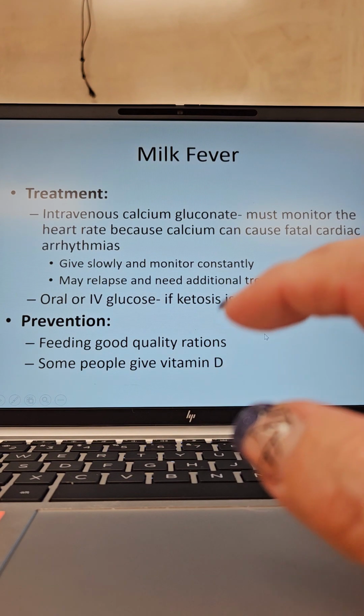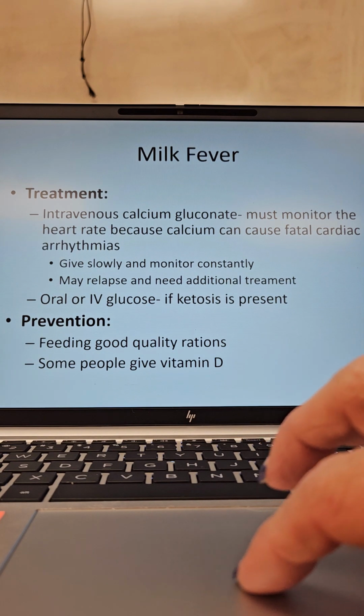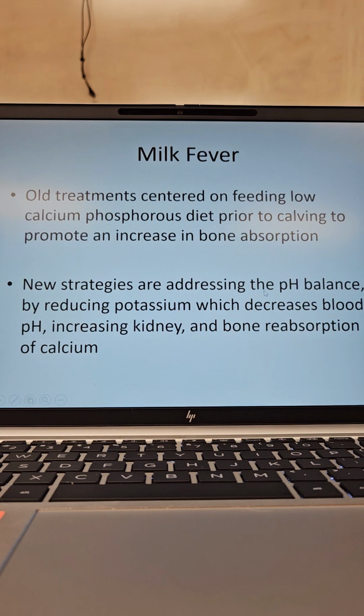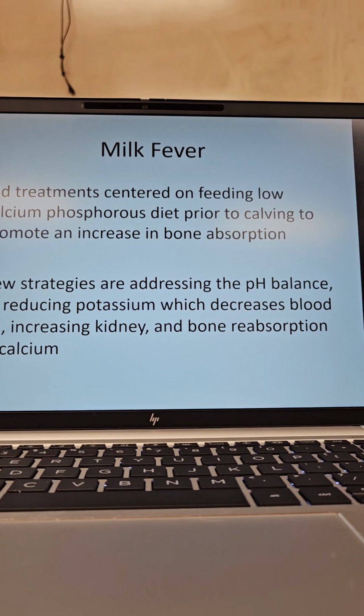Prevention: feeding good quality rations. Some people give vitamin D because vitamin D does help calcium absorb. But you have to feed good quality food. Don't go cheap on the food there. Old treatments center around feeding a low calcium phosphorus diet prior to calving to promote an increase in bone absorption. So, I don't know if you remember, but in